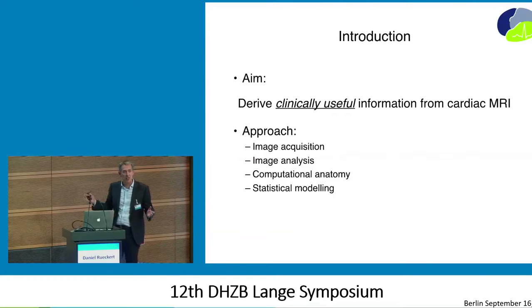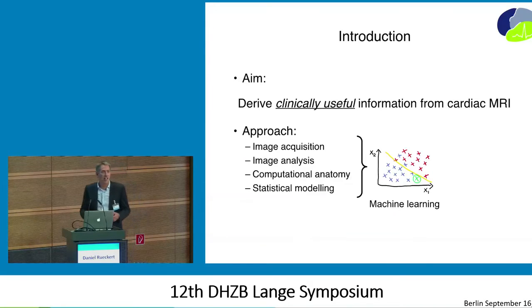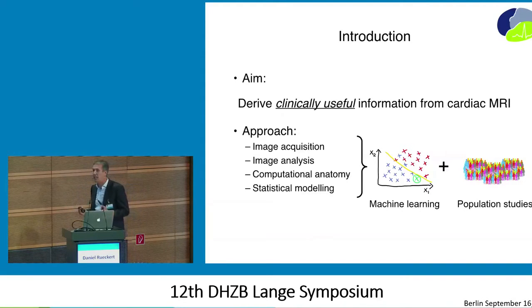And really the approach I want to present today is to take different components of the imaging pipeline, image acquisition, image analysis, computational modeling, as well as statistical modeling, and to combine that with machine learning, which is one of the key ingredients. But the second thing is to also combine this with very large data sets, which we have available, and many of you might be familiar with. The UK is leading a study called UK Biobank, where the aim is to scan 100,000 people with MRI,